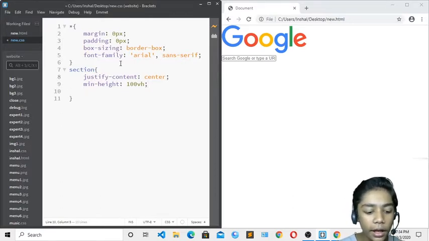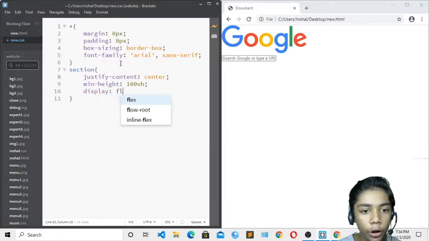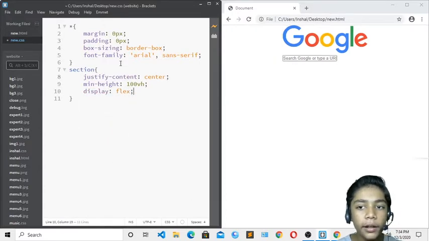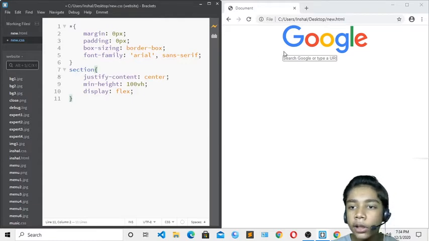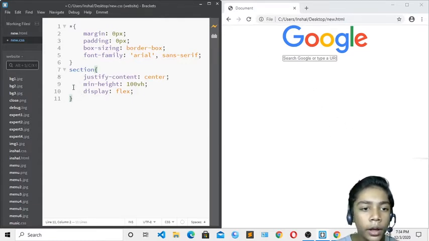Okay, and over here I will just write display flex, which is really important to write. Okay, if you don't write that, Google will not be in one line, and your input box will also not be in one line. So now here you can see it is in the center of the page, so we have to style the inner part. So over here I will write section. Okay, underneath the section we have made the class of main, in which we have written our logo or defined our image. So I will just write over here .main, which is our class.